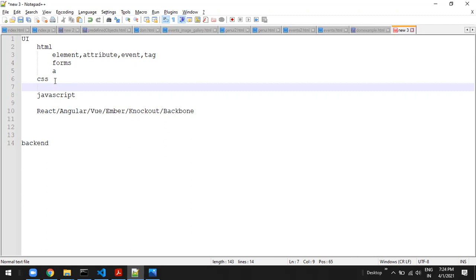But first of all, in CSS also you should at least know, not should, at least you should know blocks, inlines, positions, flex, that means layouts, and selectors. Oh my god, without selectors you can't do anything.